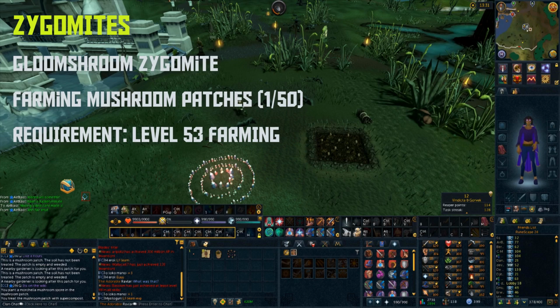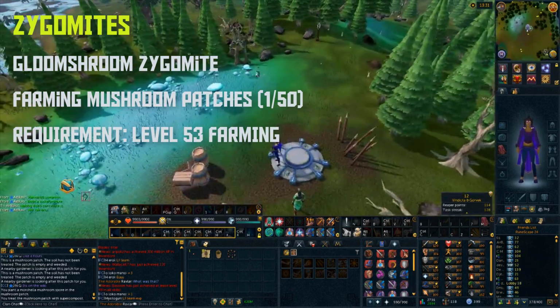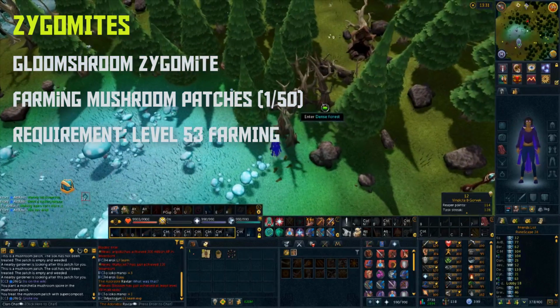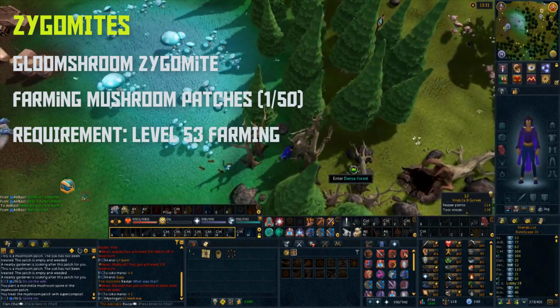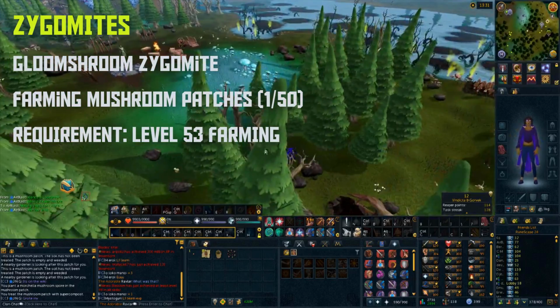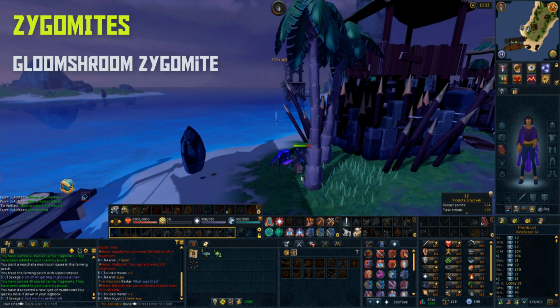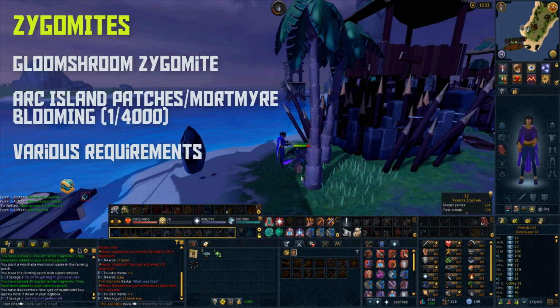This has been confirmed by JMod. So seeing as there are 2 mushroom patches, you can really take advantage of this by doing your Morchella farm runs a couple of times a day and getting your hands on these wonderful animals around once every 2 or 3 runs. Alternatively, if you want something to camp to get this animal, you can do Ark Island patches or